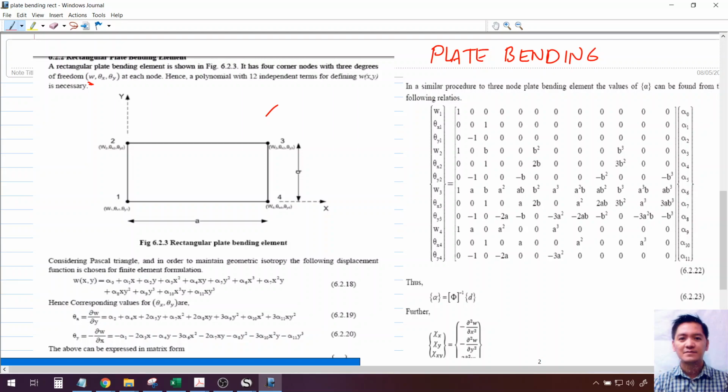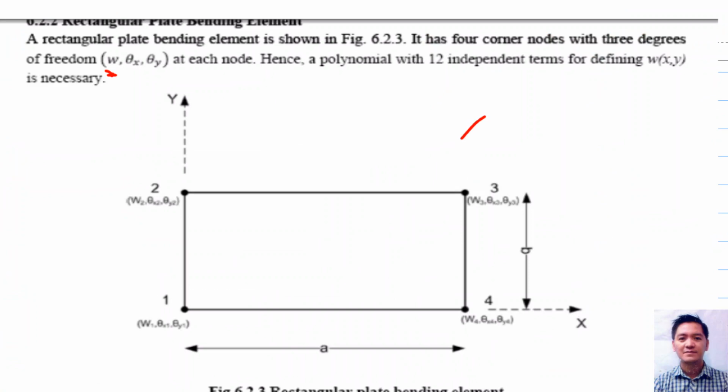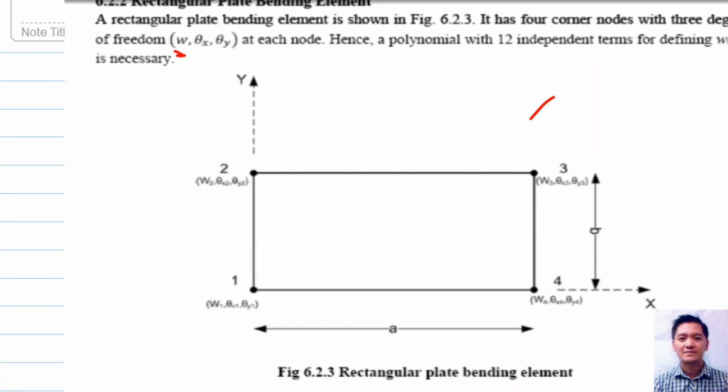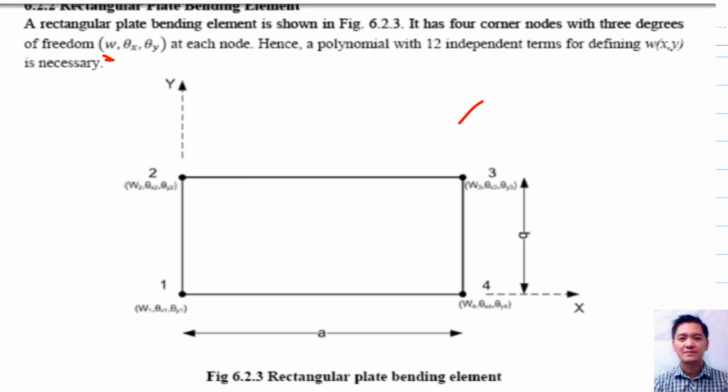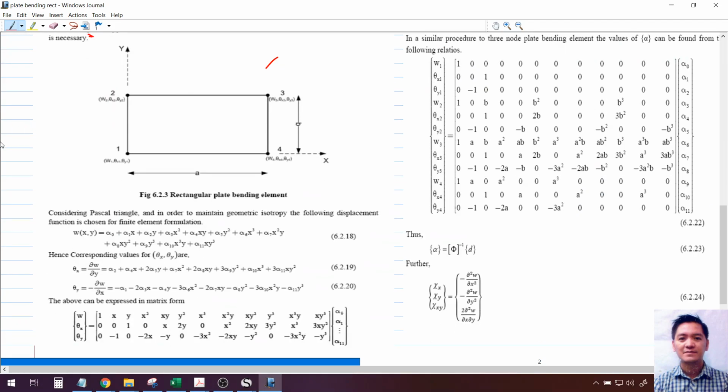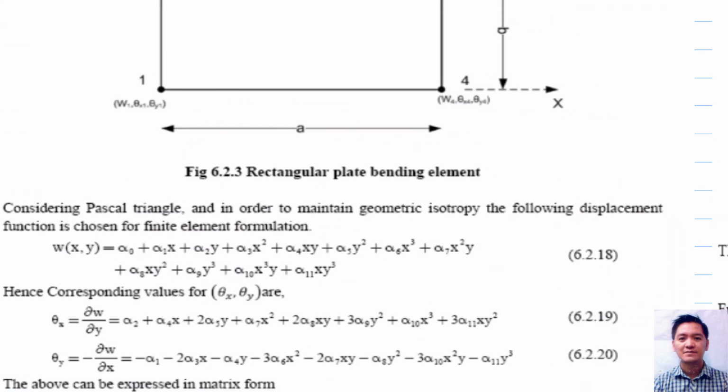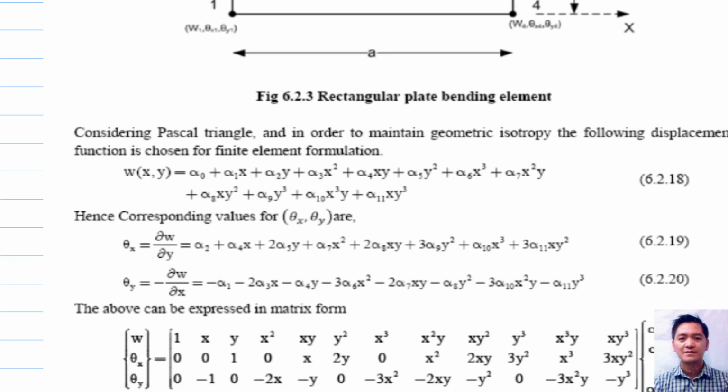displacement. Okay? So with that, since we have 3 displacements or degrees of freedom at each node, we have 4 nodes for a rectangular plate element. 4 times 3 is 12. So we have 12 independent terms for defining W as a function of x and y. Now, considering the Pascal triangle, I think you're familiar with this already. Since axial, since beam, since triangular element,